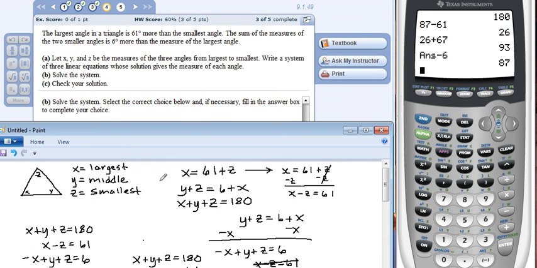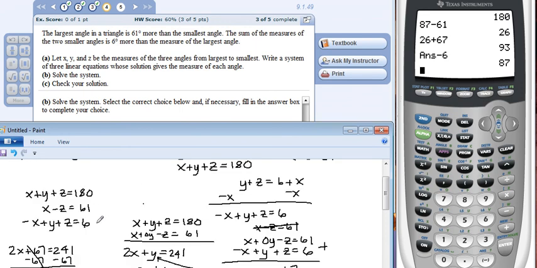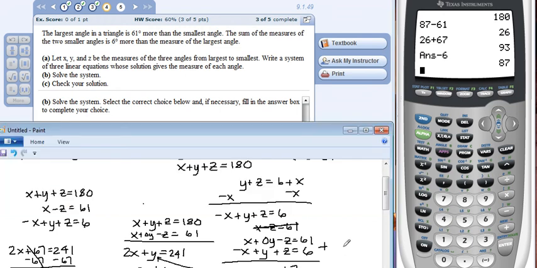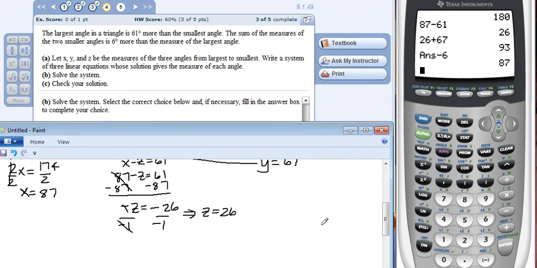Either in here with numbers, or you can use the words. I like the words. If that's true, then we can put them all in. Okay, so what was my x? 87,